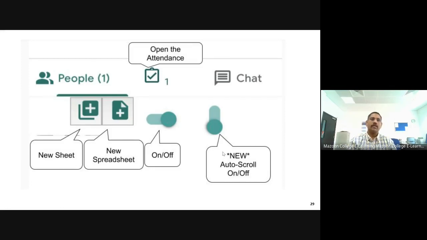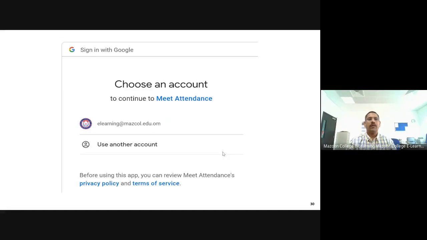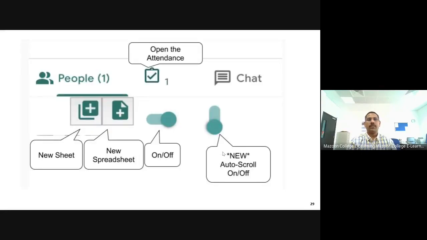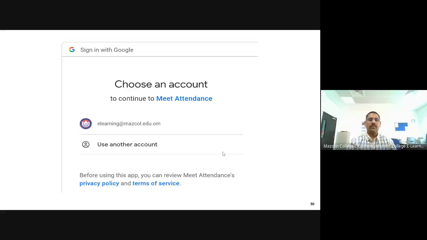This is the meeting attendance, and I will show how it is displayed in our meeting. Once you press this, it will ask for your permission: shall I use the same email, or do you want to use another email? It is your choice, either the same email or a different one, but it should be a Gmail account, either our college one or your personal Gmail.